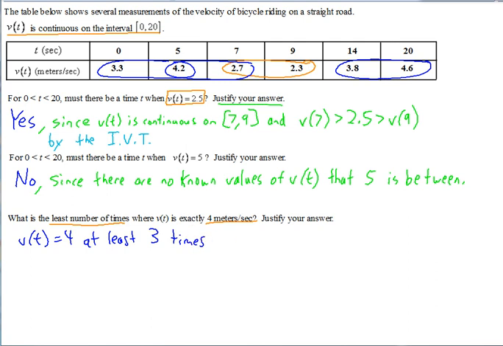And then the way you could justify that would be, since v of t is continuous on each of these smaller intervals, or an easy way of saying that is just look at the whole interval and cover the whole thing. So since v of t is continuous on, just going to use the big interval, 0 to 20,